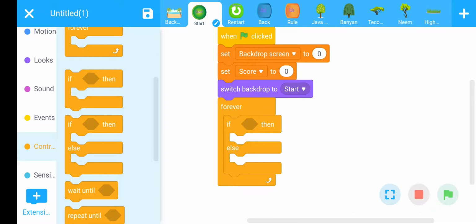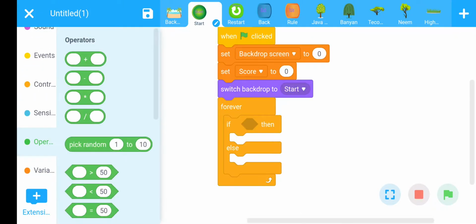Remember that we have created a backdrop screen variable. If its value is 0, that means our background should be the start background. Okay,